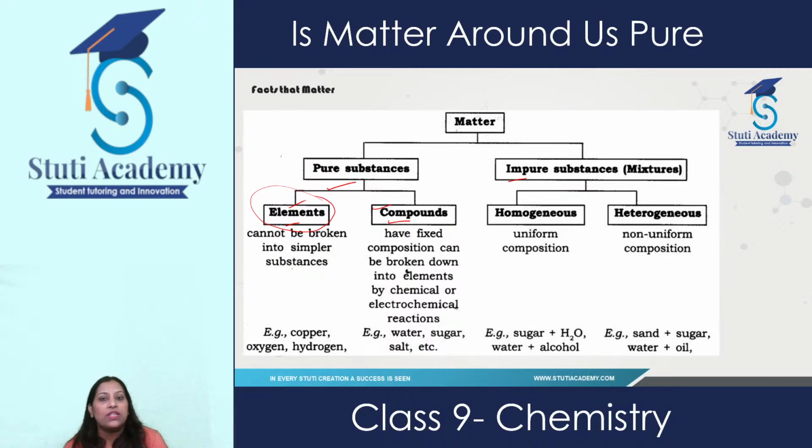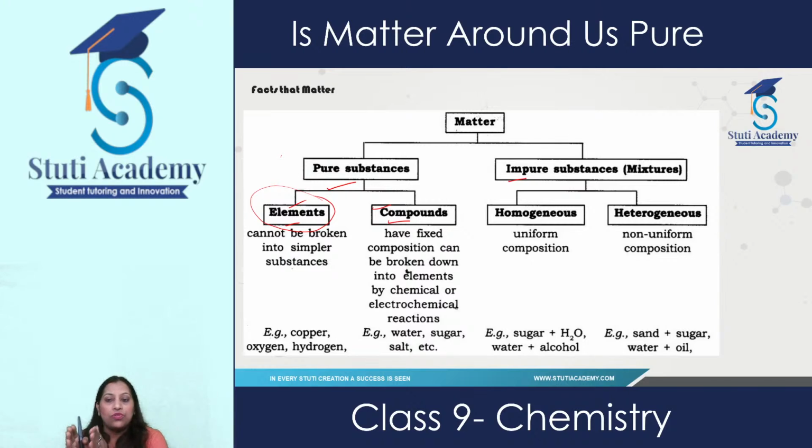Or another example, if you take salt and water, stir salt into water, you cannot judge which one is the salt one and which one is the water one. So that's a homogeneous mixture. And heterogeneous mixtures are those which do not have any uniformity. It means their composition is non-uniform. We can easily see their boundaries. Try to mix oil and water. You can easily see the layer of oil, and you can easily see where is water. So that layer of oil is easily separate from the water.